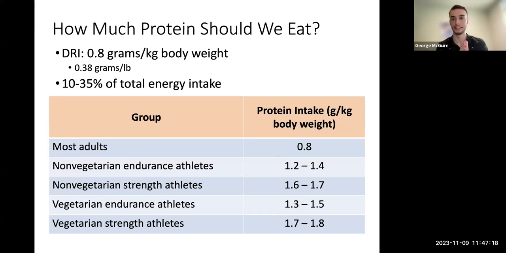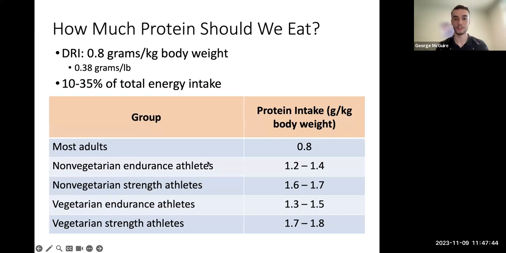So in general, if you're active, you need more protein than if you're not active. If you are a strength athlete, you need more protein compared to an endurance athlete. And then lastly, vegetarians are recommended to consume more protein than non-vegetarians. So if you're not consuming meat as a regular part of your diet, it's recommended that you try to consume more protein